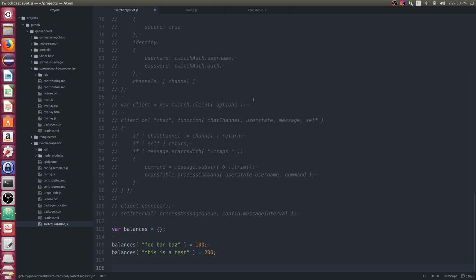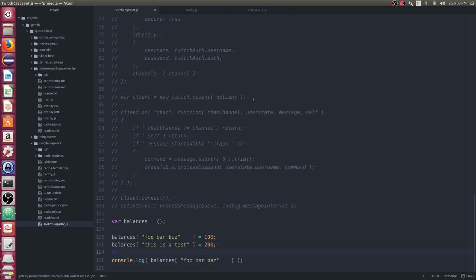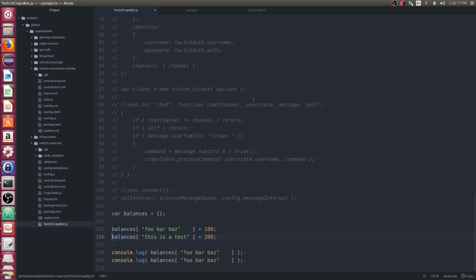And now let's do a console.log. Let's just grab both of these here, just for testing purposes. I want to see what it would take to access these variables here. I think we'll keep that like that. And let's do the second one, this is a test.